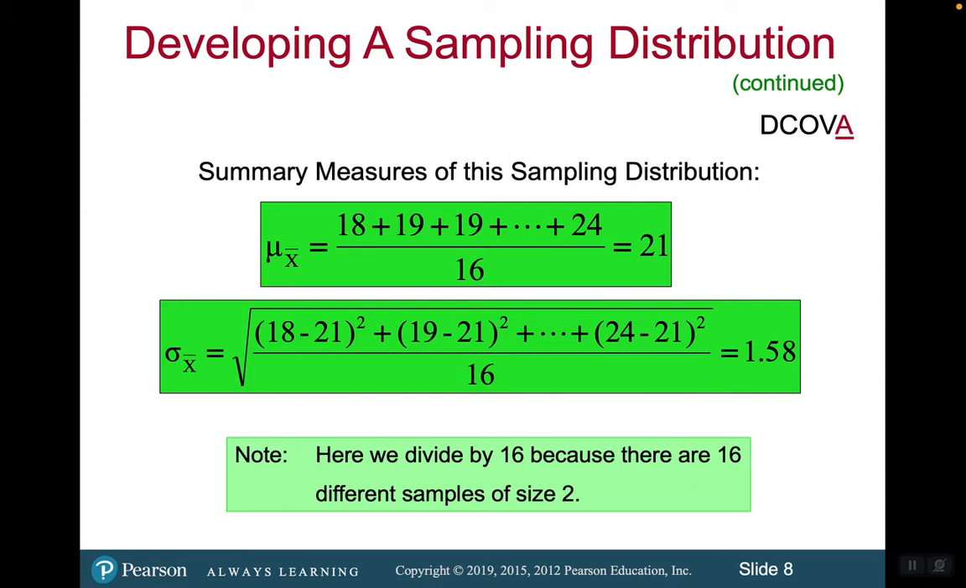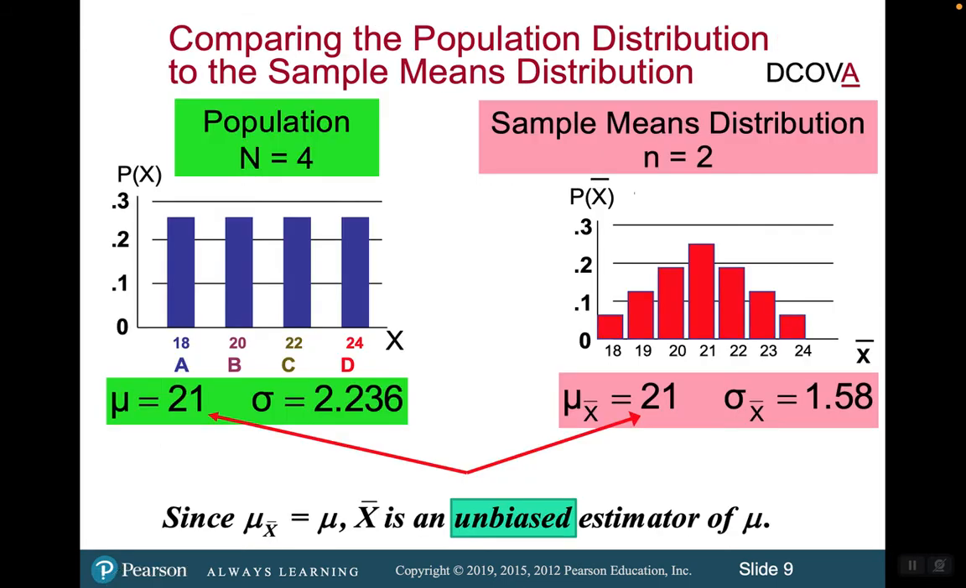So the way we do the summary is we calculate the mean. We calculate all of our values, divide it by 16 because that's how many observations there are of size 2. So the mean is 21, and the standard deviation is 1.58. All right. So here's our summary. We get our summary measures. Now, if we compare these two,